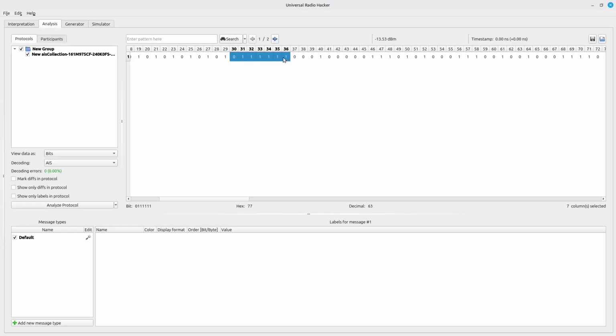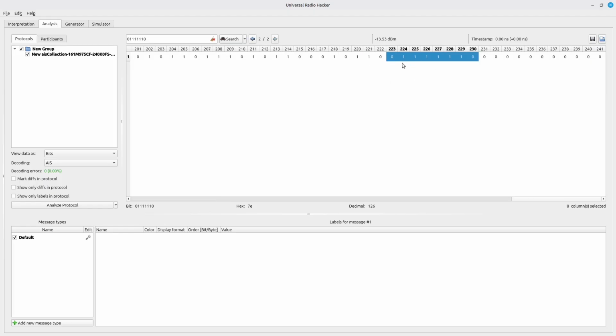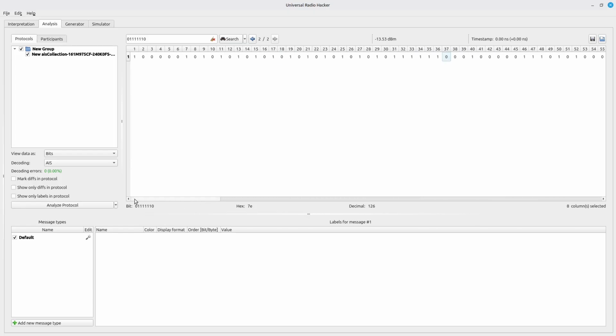That's a 0 followed by 6 ones, followed by another 0. And if I come up here and I go 0, 1, 2, 3, 4, 5, 6, 0, and I say search, it says that there's 2 of them. Here's the first one, here's the second one. Then in between, we have our data plus our cyclic redundancy check. Therefore, it looks like we've got everything that we need in order to transfer this over to the next component, which is going to be CyberChef.